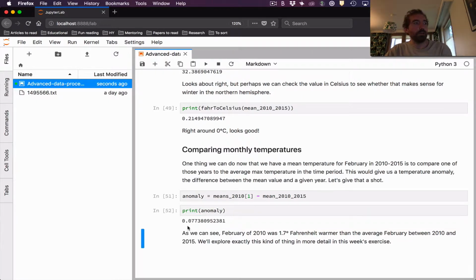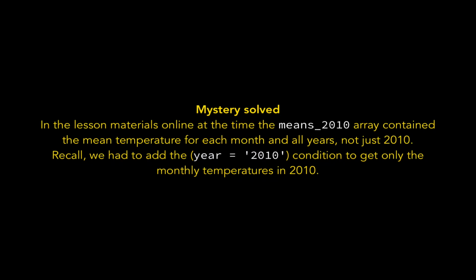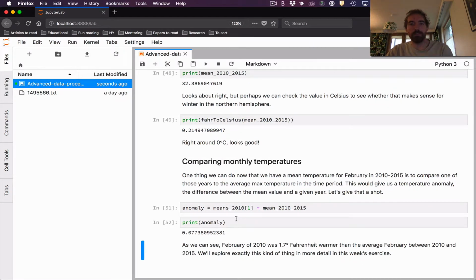And if we print out anomaly, what we see is that the difference in temperature here in February of 2010 is pretty small. It's actually different than what I have in the lesson materials, and I'm not quite sure why that is. The point here is not necessarily whether or not this number is exactly right, but just to show the process that we took the mean value for February 2010, subtract the average for the other time period